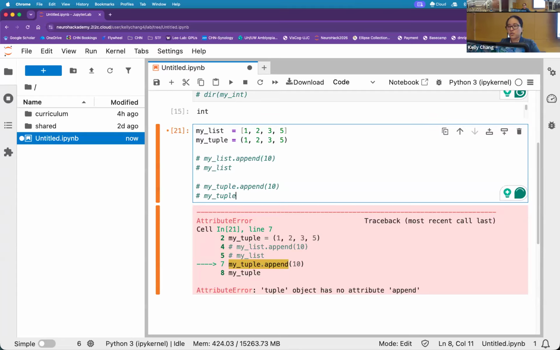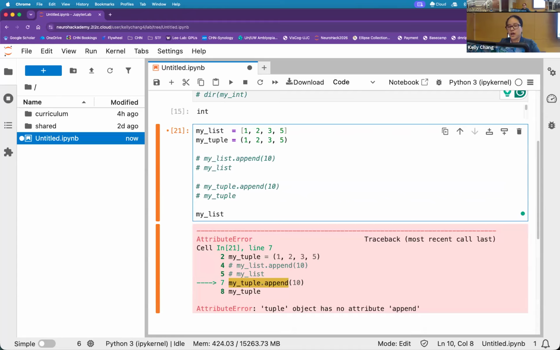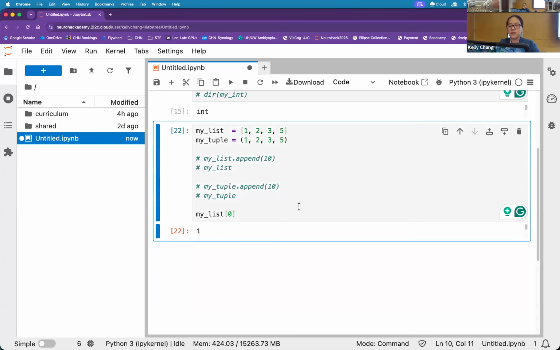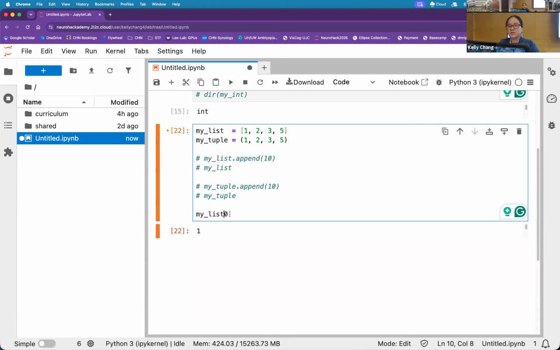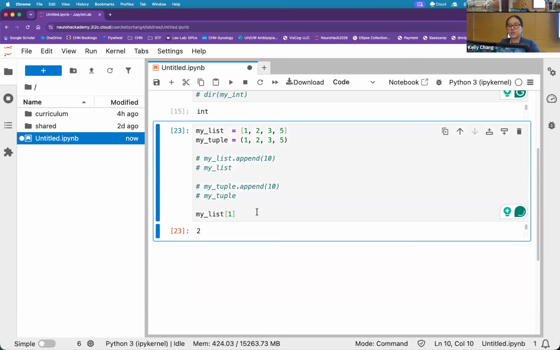And so if I wanted to call something from a list, in Python, the syntax is square braces. We are in zero-based indexing, meaning the first item in any sort of list object starts at 0. And so the first number in my list is 1, and so on and so forth. If I wanted to call the second number, it would be position 1 instead.